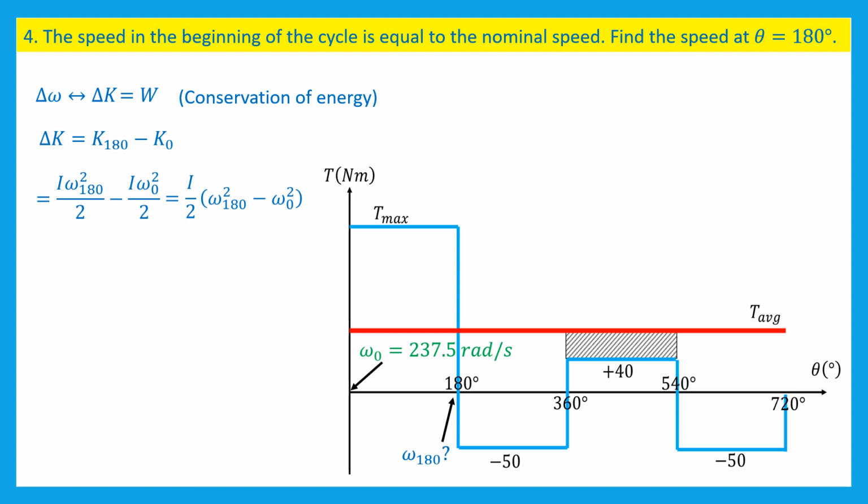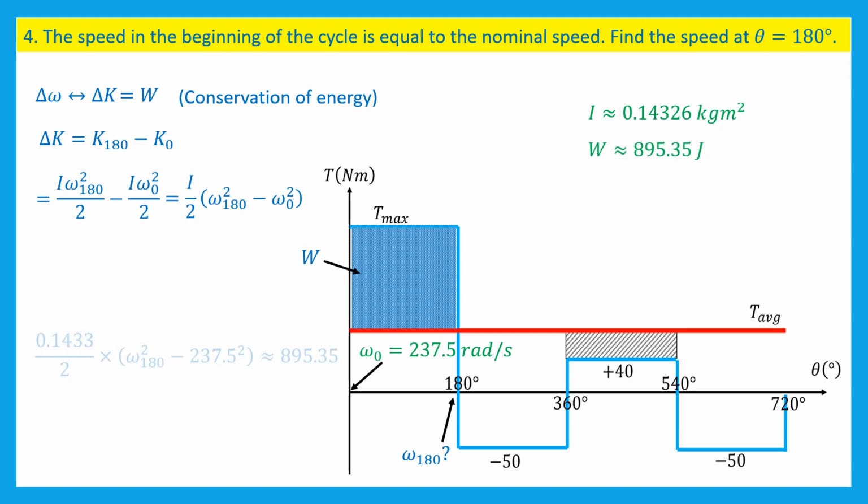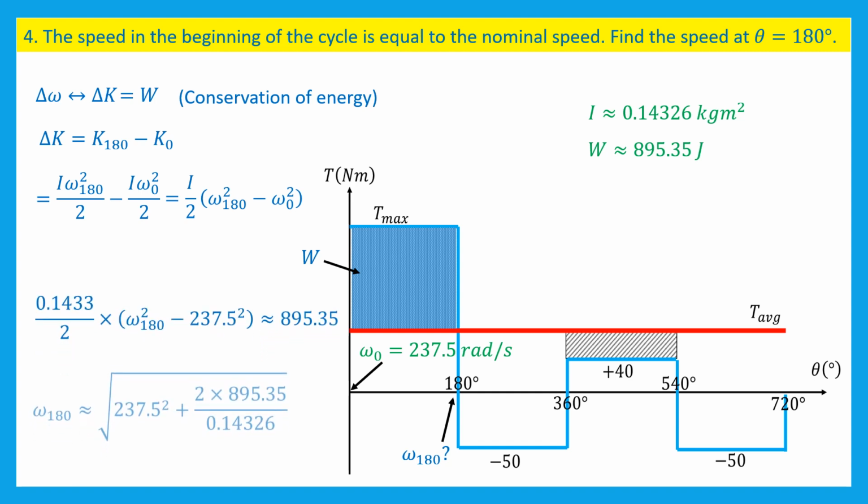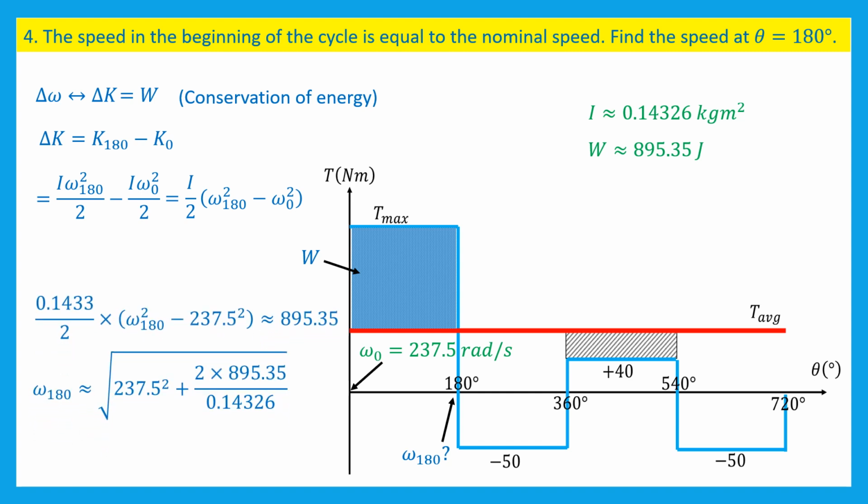The mass moment of inertia of the flywheel was calculated in question 3, and is equal to 0.14326 kilograms meter square. The work between 0 and 180 degrees corresponds to the shaded blue area, and also was calculated in question 3. It is equal to 895.35 joules. Substituting numerical values, making omega 180 the subject of the equation, and working out using a calculator gives omega 180 equal to